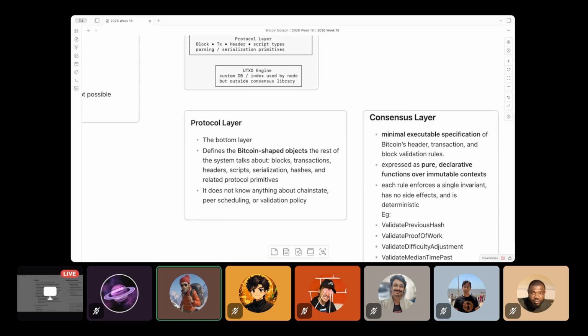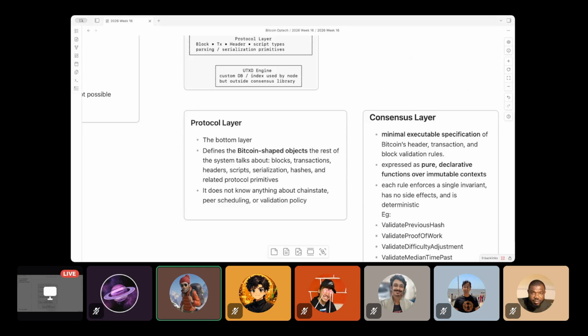The protocol layer will be the bottommost layer. The protocol layer defines objects in the network. For example, it defines what is a block, what is a transaction, what is a signature, what is a SHA-256 hash, how you serialize the data, what all the scripts are, how you execute the scripts, what a stack is, the rules of the stack, the Bitcoin scripting language.